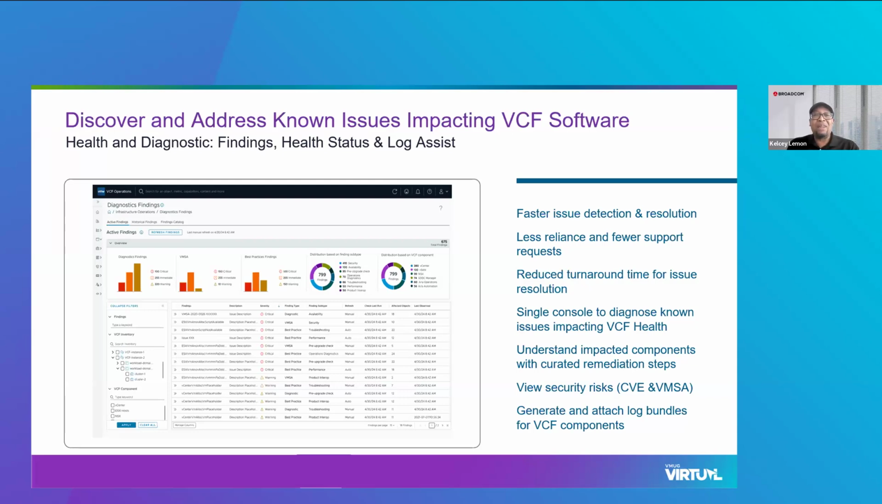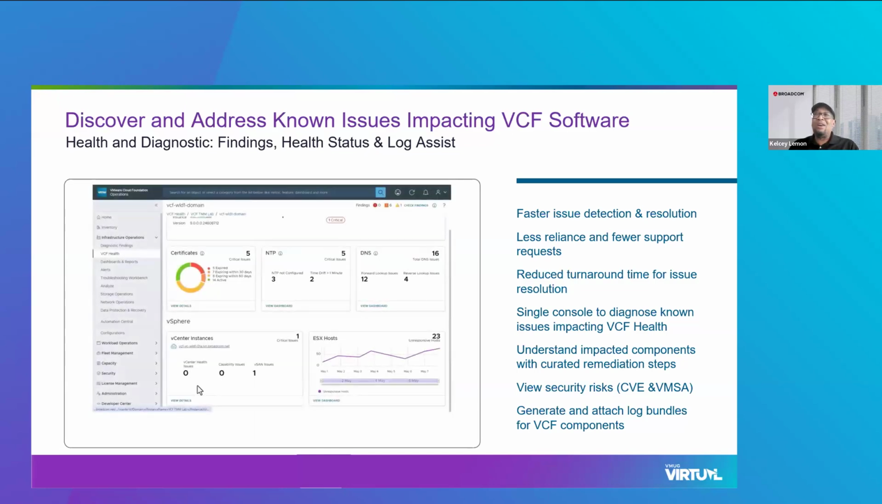And so VCF Health and Diagnostics really come together to address these challenges with the ability to diagnose known issues impacting VCF software in a centralized location. So again, it's that single pane of glass. We can view security risk based on CVEs and BMSAs. We can understand impacted components such as unresponsive hosts, as well as vSAN and NSX Health. And if an issue such as a security advisory is identified, we can actually see recommendations on how to remediate